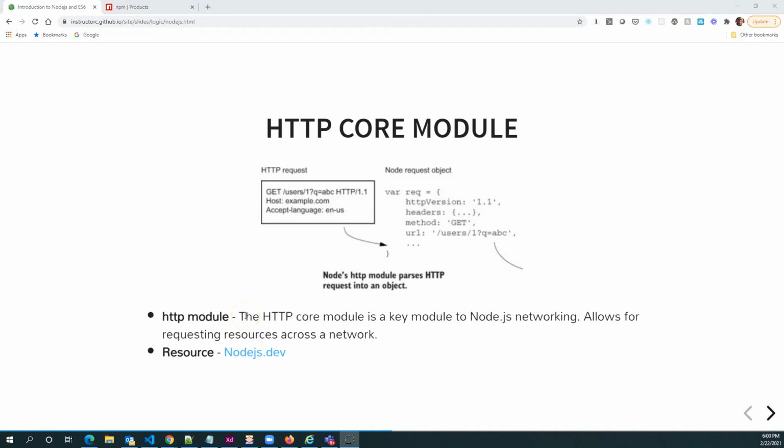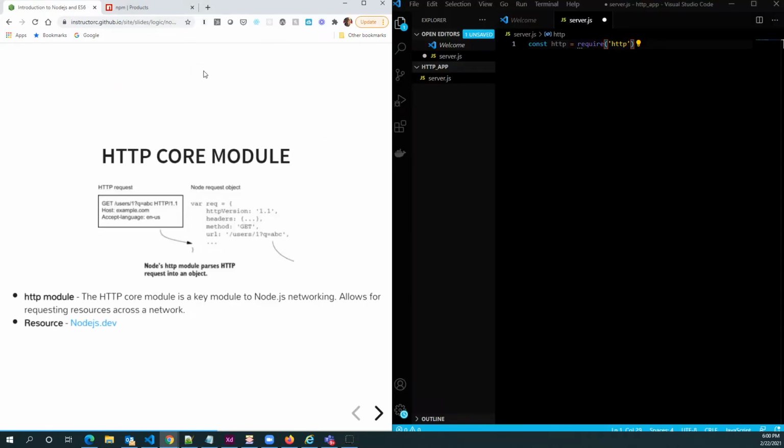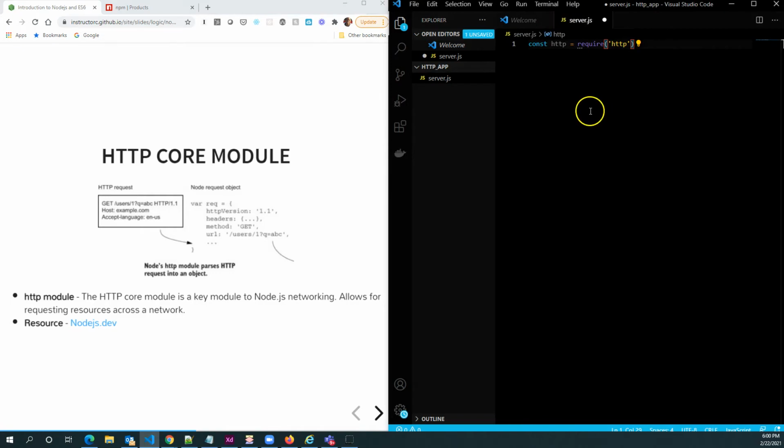All right, so what I'm going to do is a side-by-side here. So I'm going to just window control here and first press here. And I'm going to have my window open, my editor. What I've done here is I created a folder here called http_app. I created a file called server.js, and this is where my code is going to go within the server.js file. Let's click on this